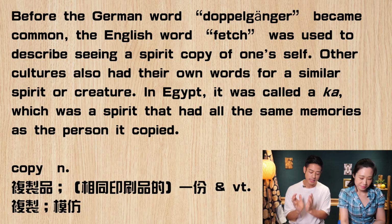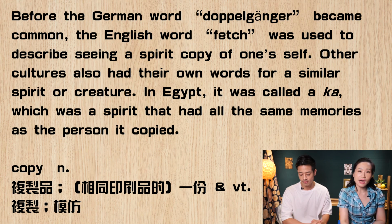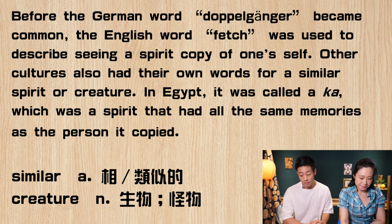So here we see the word copy, and it's a noun, right? It means it's the identical version. 对，这个 copy 同学都知道，以前当动词，比如说你要去影印什么东西，那你印出来当然就是一模一样的东西。那在这边的话，它是一个名词。Other cultures also had their own words for a similar spirit or creature. OK，那在其他的文化里面，对于称呼这一种类似的灵体或者是生物，其实也有它自己的一些字。